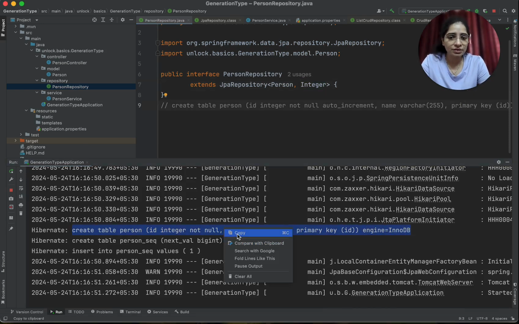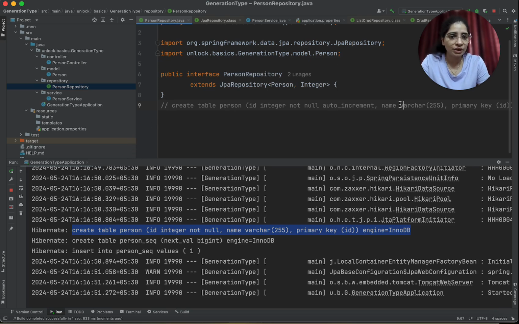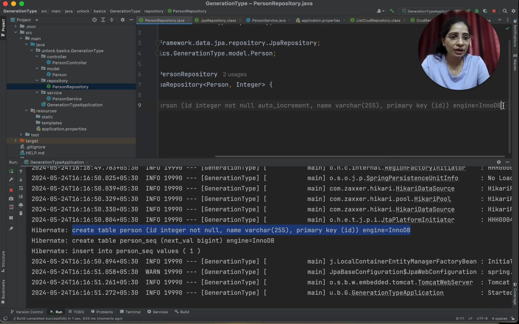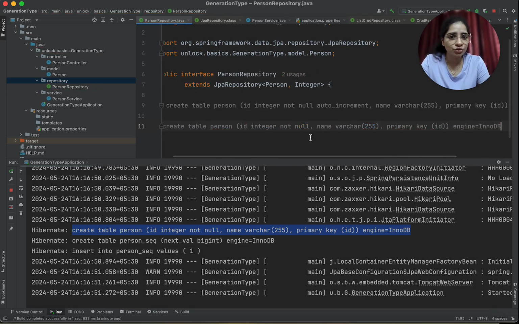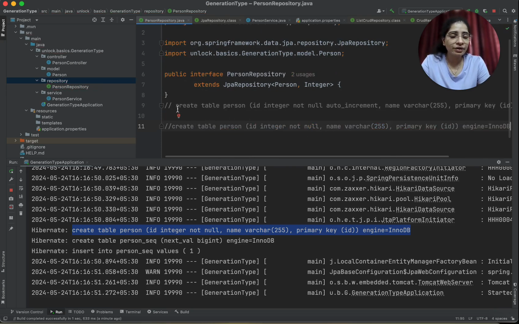Now what I'll do, I'll copy this statement and paste it onto the next line so that you can understand the exact difference between these two statements. You can see whenever we had the generation type as identity, the table was getting created and ID was integer, not null, auto incremented. But right now ID is not null, it's not auto incremented.